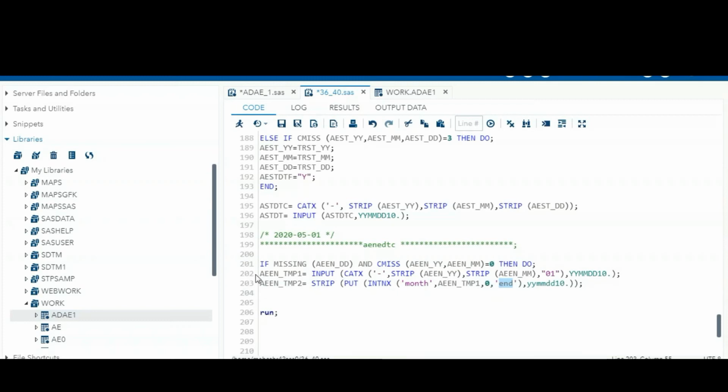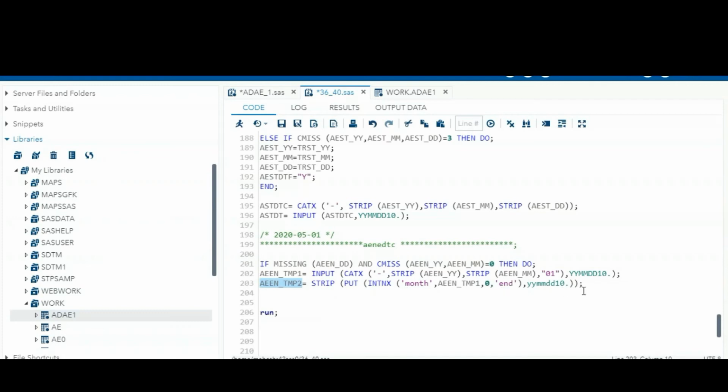So for that purpose we are giving the first day of the partial month, and we can use this information in the intnx function so that this 5th month's last date is automatically captured into this AEEN temporary variable. Okay, 1 2 open 3 closing bracket.